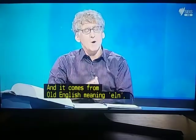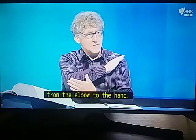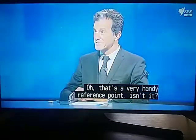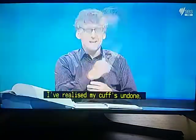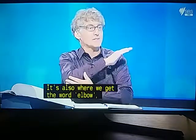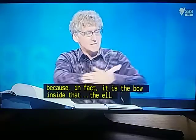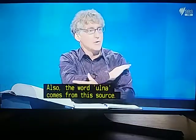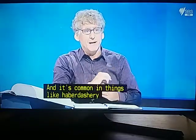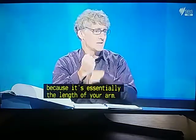And it comes from Old English meaning elm, which is the length, or the bone, I should say, from the elbow to the hand. Oh, that's a very handy reference point, isn't it? Oh, it's roughly an L. At this point, I realise my cuff's undone, but I'll carry on because I'm a professional. It's also where we get the word elbow, because in fact it is the bow inside that the L. Also, the word ulna comes from this source. And it's common in things like haberdashery or when you're wrapping a rope, because it's essentially the length of your